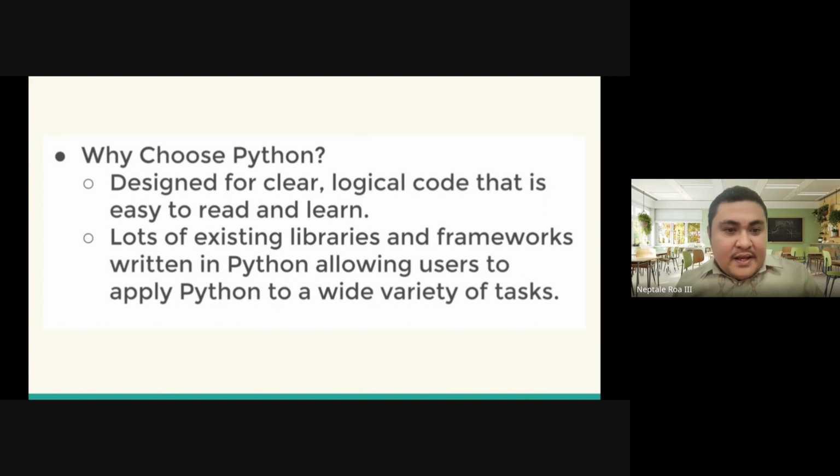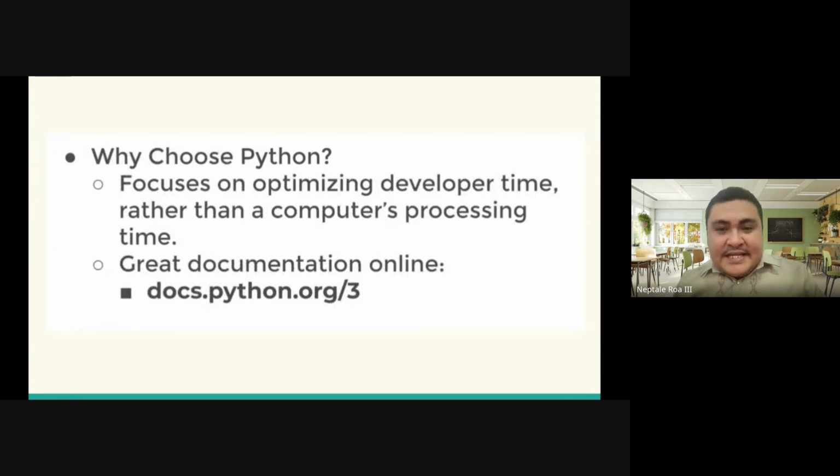Okay? Now, another reason for choosing Python, especially if you are a developer, is that it prioritizes the optimization of developer time compared to the computer's processing time. Bakit? Because Python prioritizes prototyping.